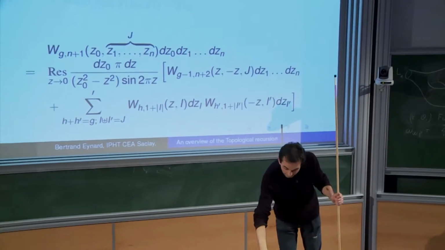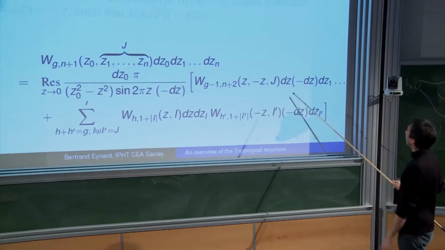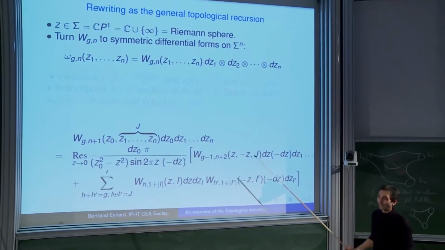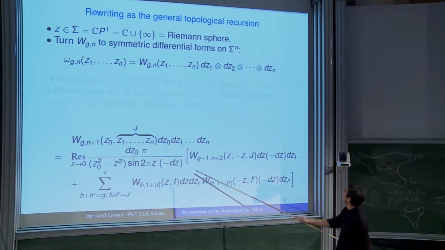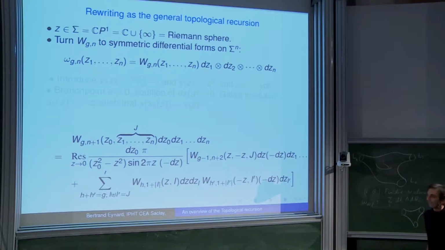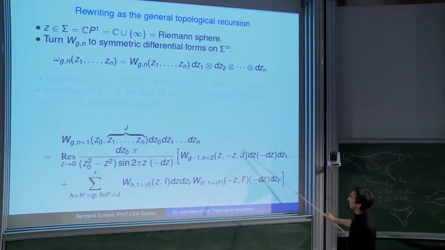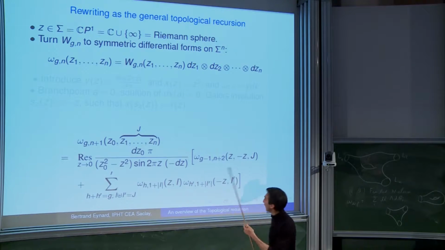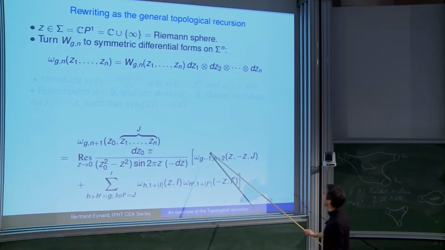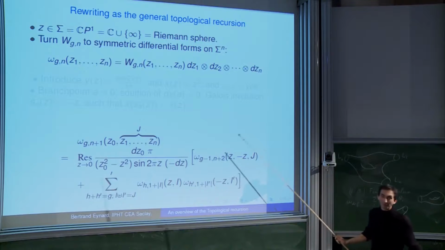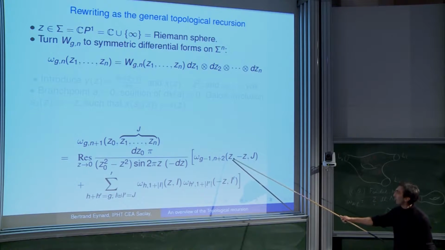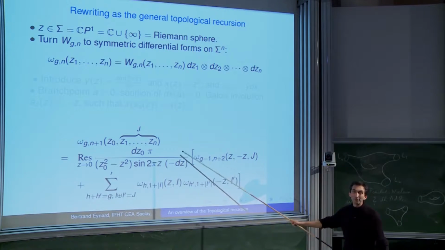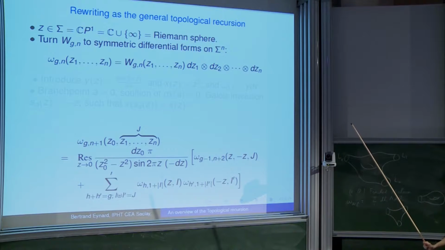So let me put the dz and the minus dz, but since it was missing, I need to put one in the denominator now. I mean, you have minus dz and minus dz, all right. But it's just because now this makes an omega. And same thing for all the other terms. So now you can replace that by omega. So what you have is omegas here, omegas there, but you have a dz in the denominator. It may look strange, but remember that this is a quadratic differential. You have two dz's here in the numerator. You have one in the denominator, so the product is indeed one form.